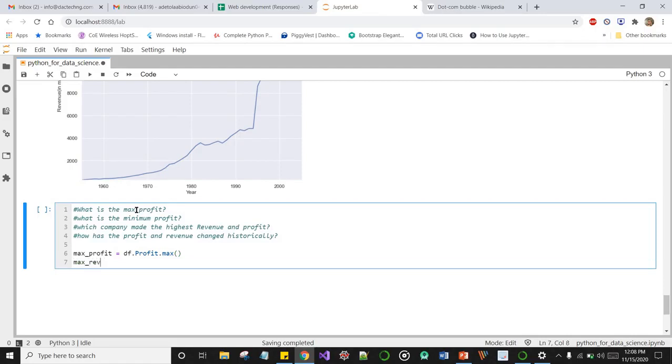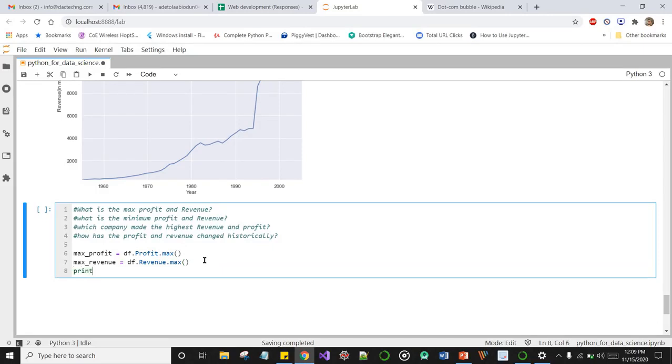Let's just say max_revenue: data frame, and as you would have guessed, we'll select the revenue column dot max, because we are still looking for the maximum. So let's just change this to: what's the maximum profit and revenue, and what's the minimum profit and minimum revenue. Cool.